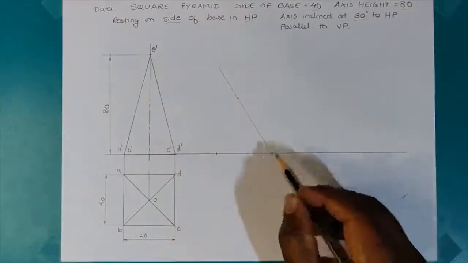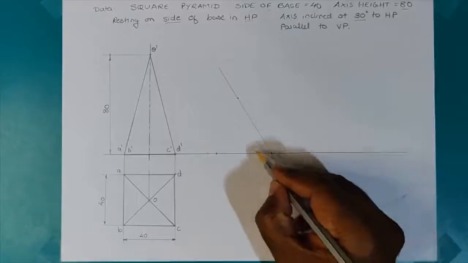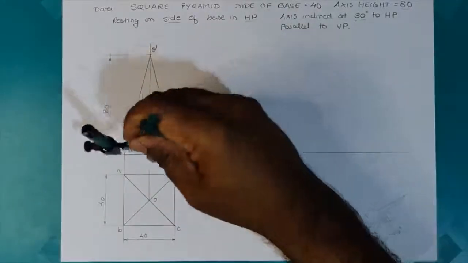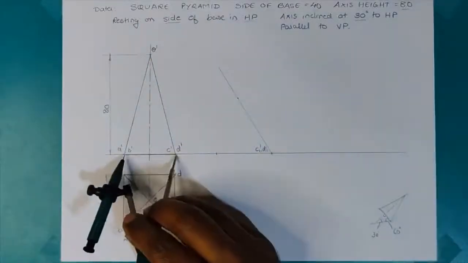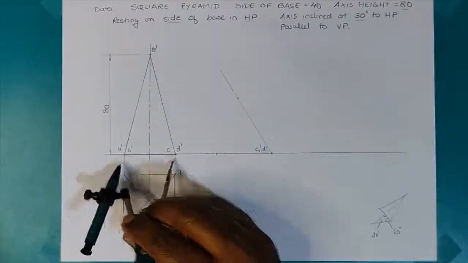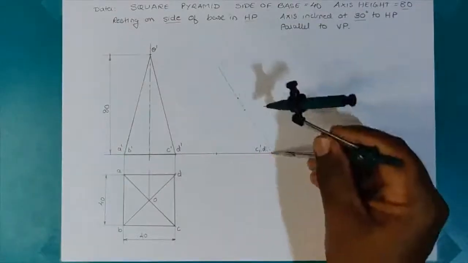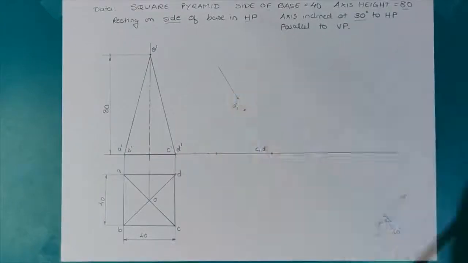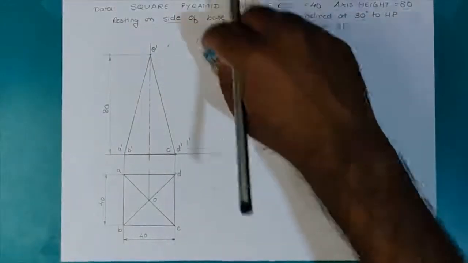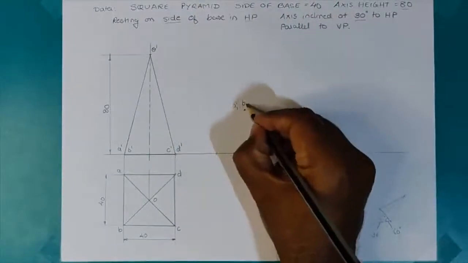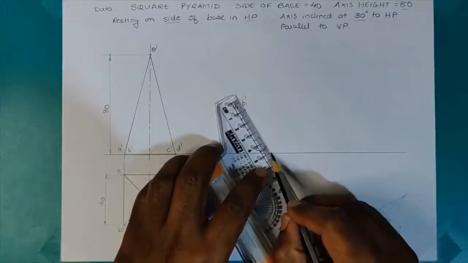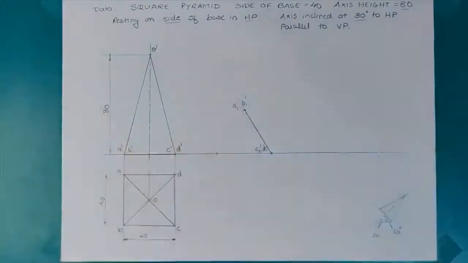Now this is point C dash D dash. This is the edge which is on the HP, and I take the distance C dash D dash to A dash B dash and mark it on this faint line. So this gives me points A1 dash and B1 dash. For the second step I will be using the notation 1: A1 dash, B1 dash, C1 dash and D1 dash. So I have obtained the points and I draw the base points.